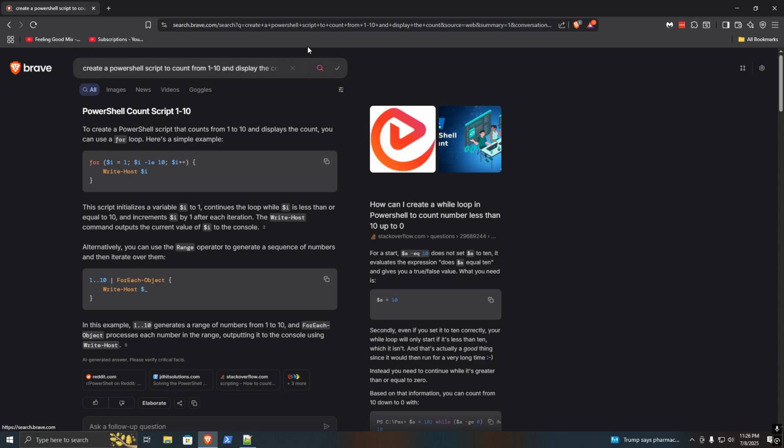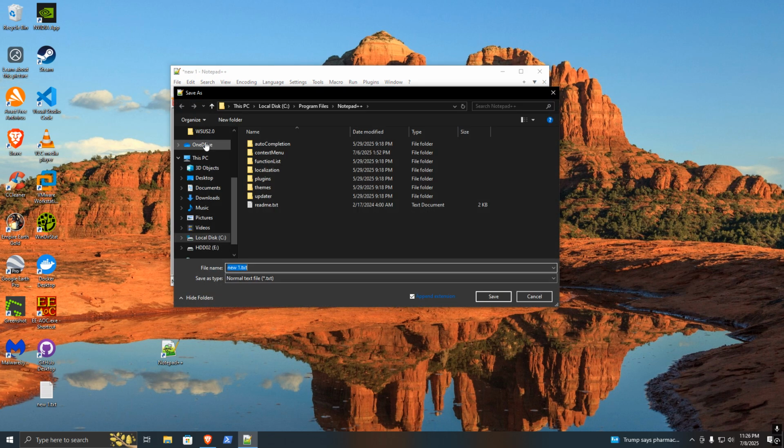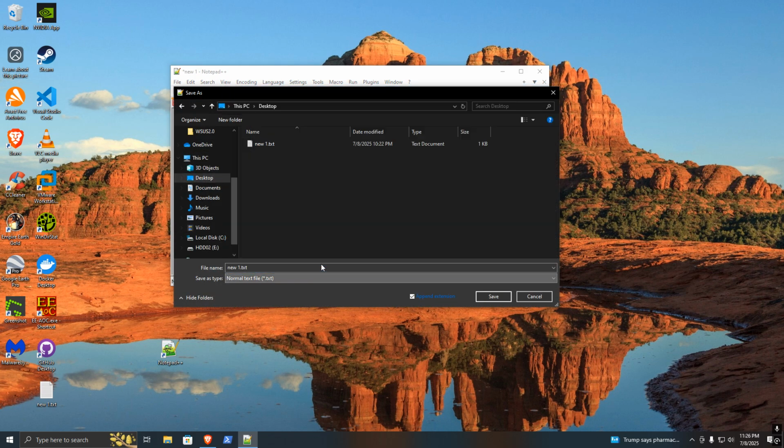By the way, I'm using the Brave browser. It's fast and it has AI implemented into it. I like it so far. So I'll just copy and paste the code. I'm gonna click save and put it on the desktop. Let's call this test.ps1. PowerShell scripts are recognized by extension, I believe. So when you put PS1, which is the default extension for PowerShell,